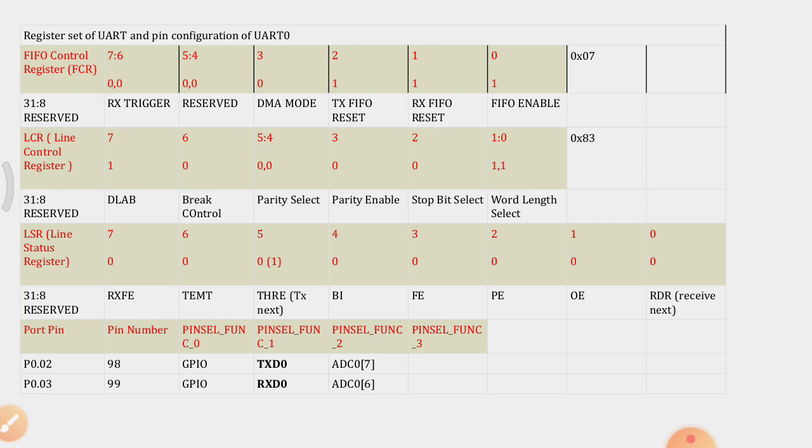So first of all we have to do the transmit FIFO reset, the receive FIFO reset, and FIFO enable. We have to enable the FIFO. We have to first reset the receive pipeline and the transmit pipeline. FIFO is a first in first out pipeline. First we have to reset all these things. So basically we put the value